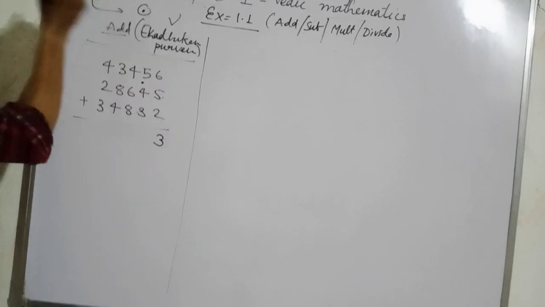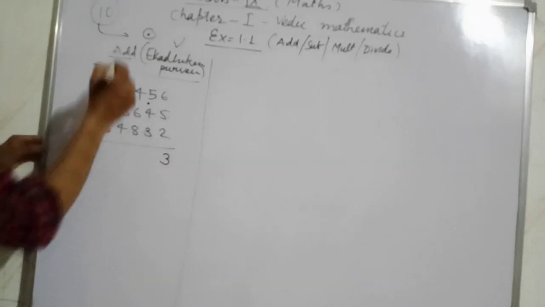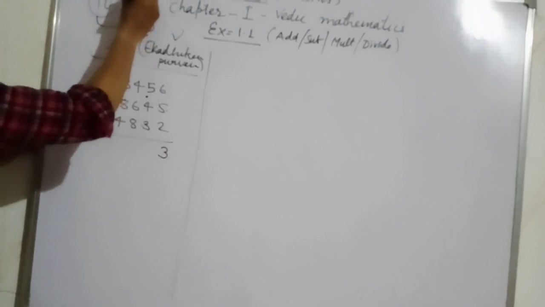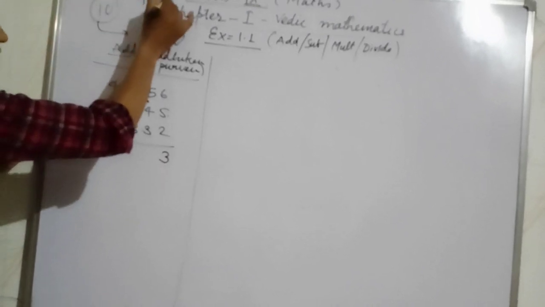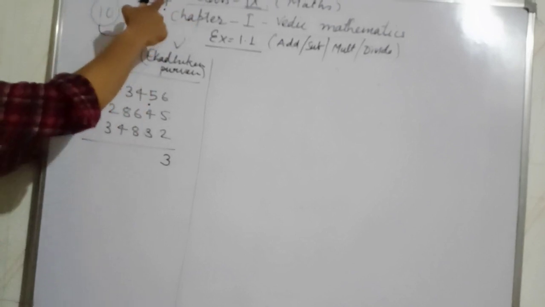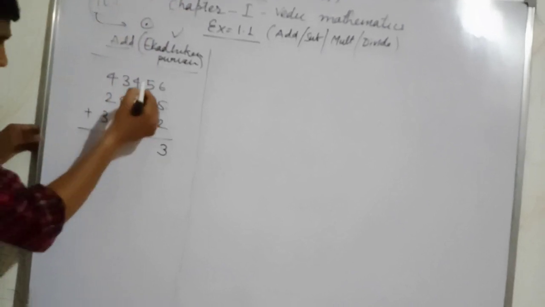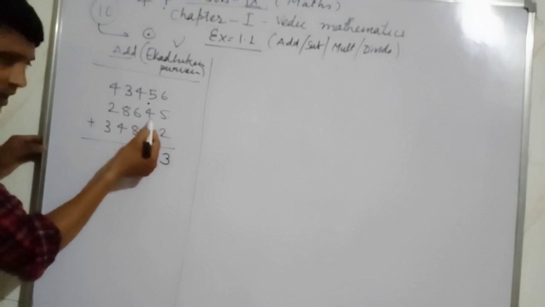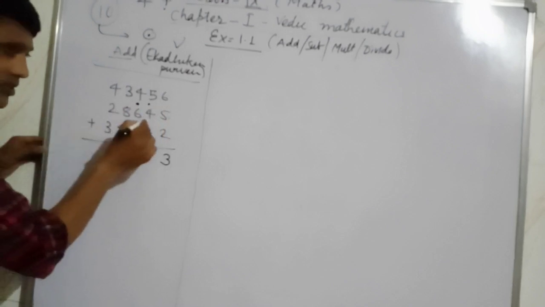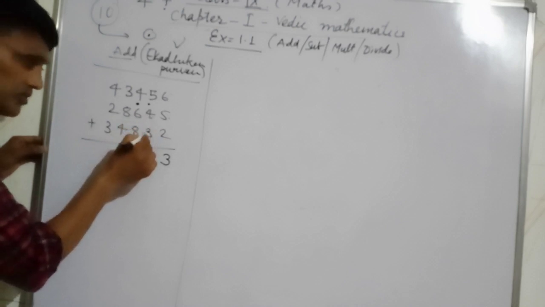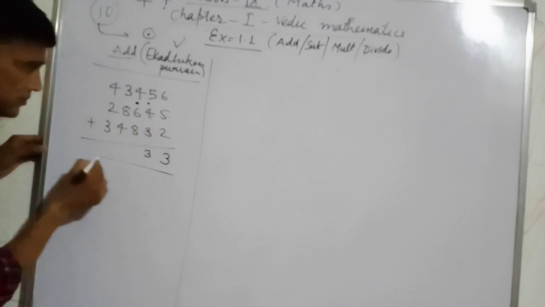In any Vedic mathematics, if a dot is on a digit, that means this is not 4, this is 5. If the dot is under the digit, this is not 4, this is 3. 5 plus, this is not 4 now, this is 5. 5 plus 5, 10, put a dot here, means remaining is 0.